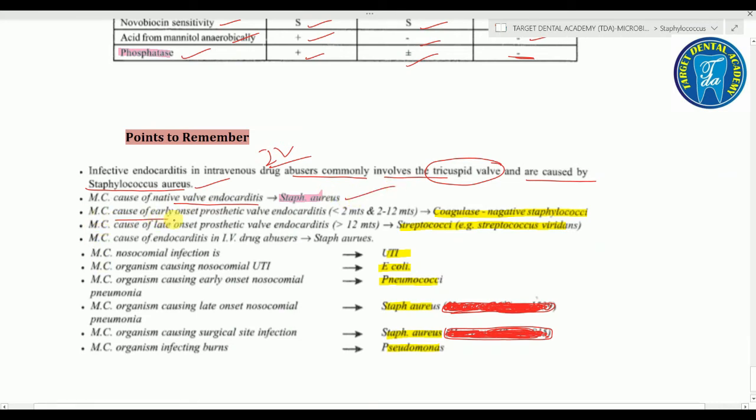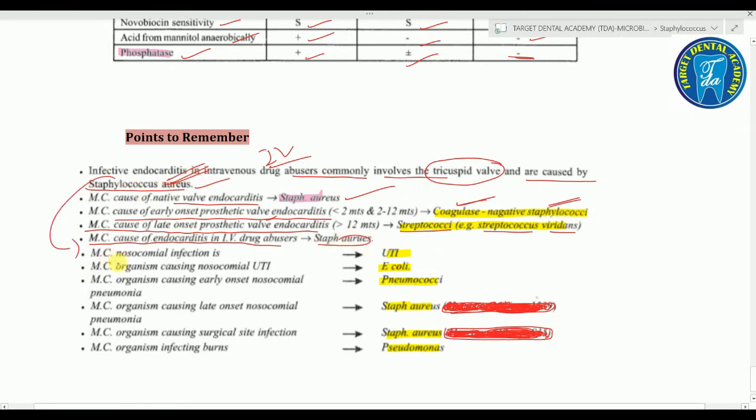The most common cause of native valve endocarditis is Staphylococcus aureus. The most common cause of early onset prosthetic valve endocarditis is coagulase negative staphylococci. The most common cause of late onset prosthetic valve endocarditis is streptococci, Streptococcus viridans. The most common cause of endocarditis in IV drug abusers is this one,